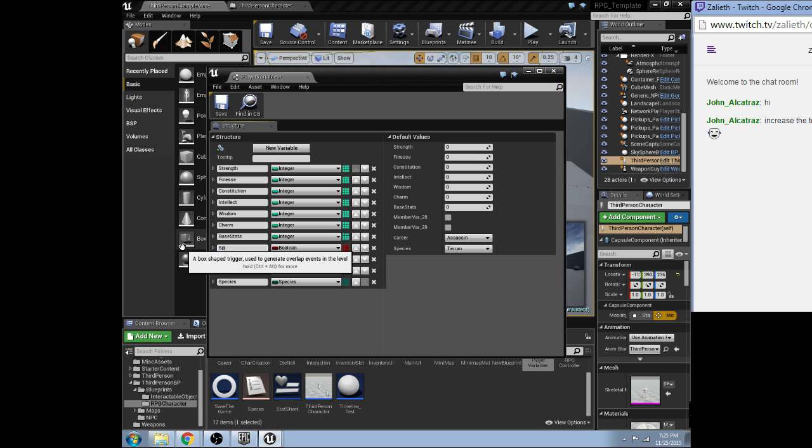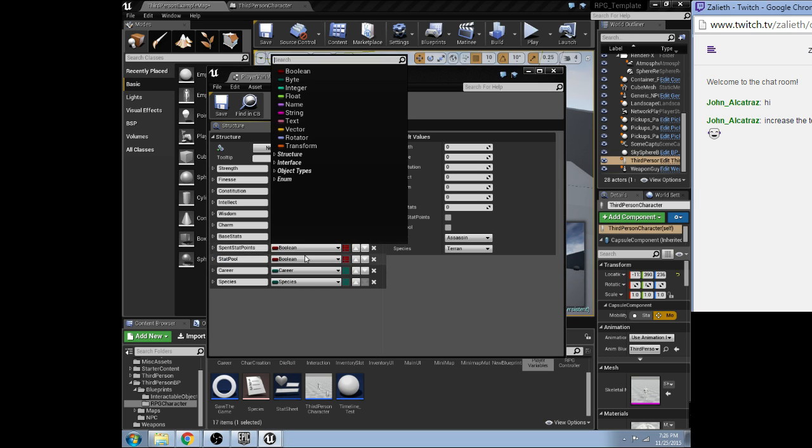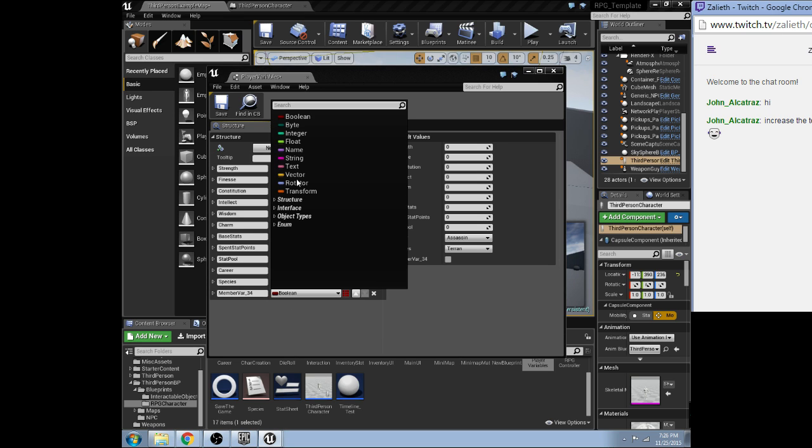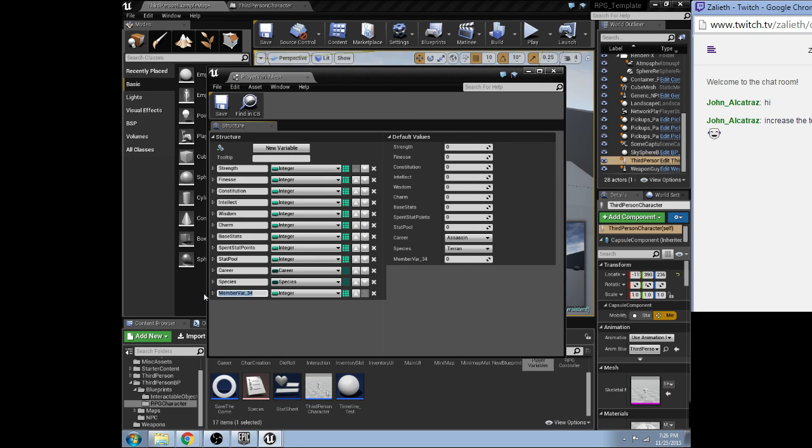Let's see, spent stat points, stat pool. Okay, that's that. Level, exp,